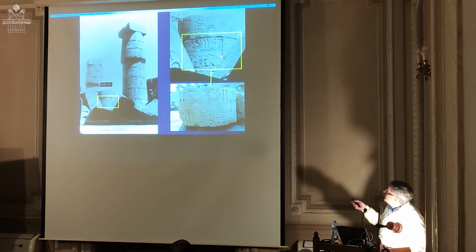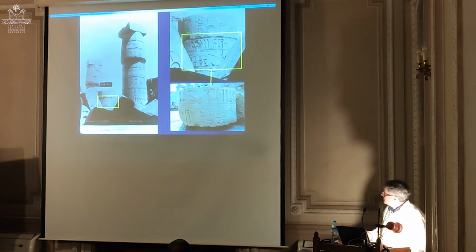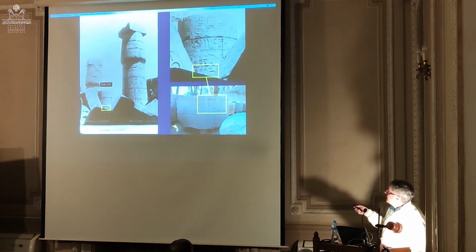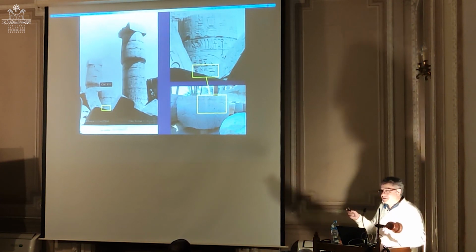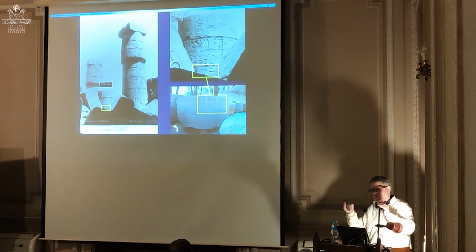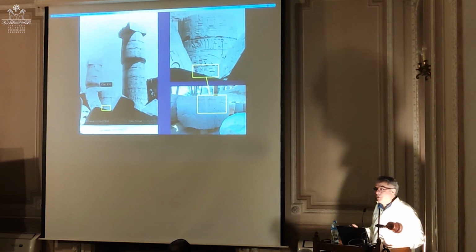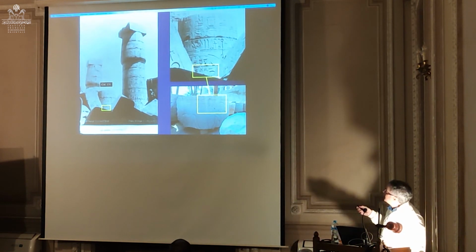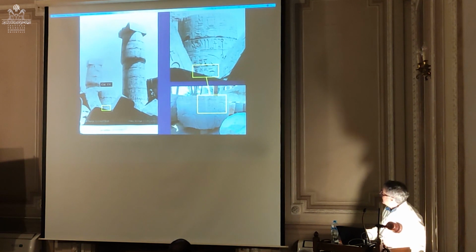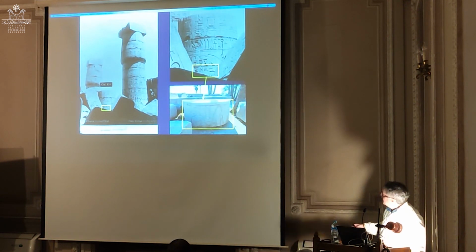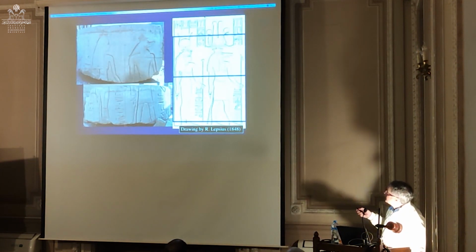Another block just below here is the one that you see here with the vulture, and then you have the same inscription, so the same signs that you have here. And another one, again, elsewhere. So all these blocks are actually concentrated just north of the hall. So this is where all the drums belonging to column 131 are concentrated. So you see the king here and the king there. And if you just shift your look to another section of that same half drum, using this time a